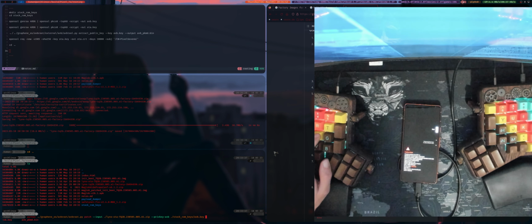Next, we need the priv OTA, which is the OTA key, like so. Next, we need the cert,